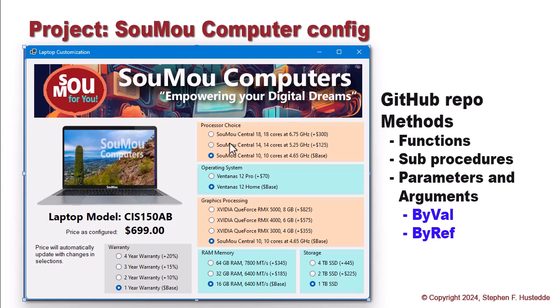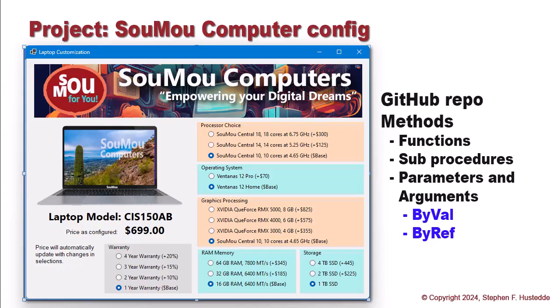The final product allows the user to configure a laptop for SouMou computers before they purchase it, and they can change the processor, the operating system, the GPU card, the amount of RAM, how much storage they want, and what kind of warranty they would like. And as they make any of those changes, it changes the price for that configuration. If we were to go on the upper end of all of these, the maximum price is $3,220.80. The default is the low end